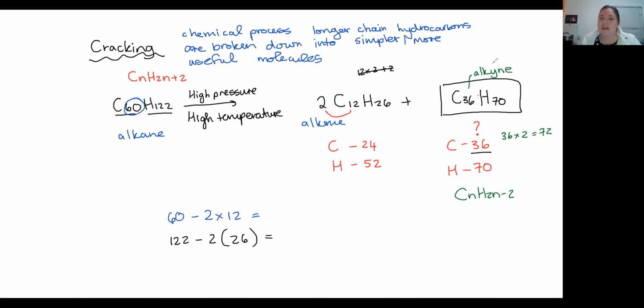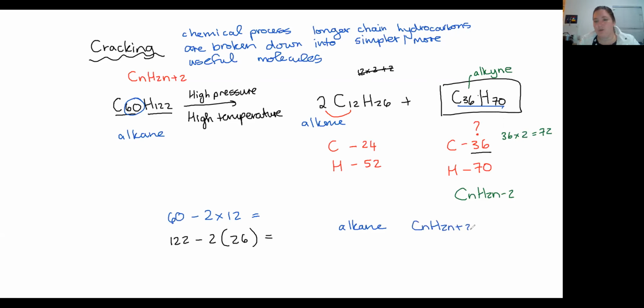Okay, so the key idea that I like to teach my students when it comes to cracking is it's literally us cutting. You're not supposed to memorize what products you get, but you should have a general rule that says whatever products you get will have fewer than 60 carbons here, because we started with 60, so you must have fewer carbons, and that you'll end up with the sum of carbons totaling the original and the sum of hydrogens totaling the original. Once you've worked out the molecular formula, you can use the rules that your alkanes are